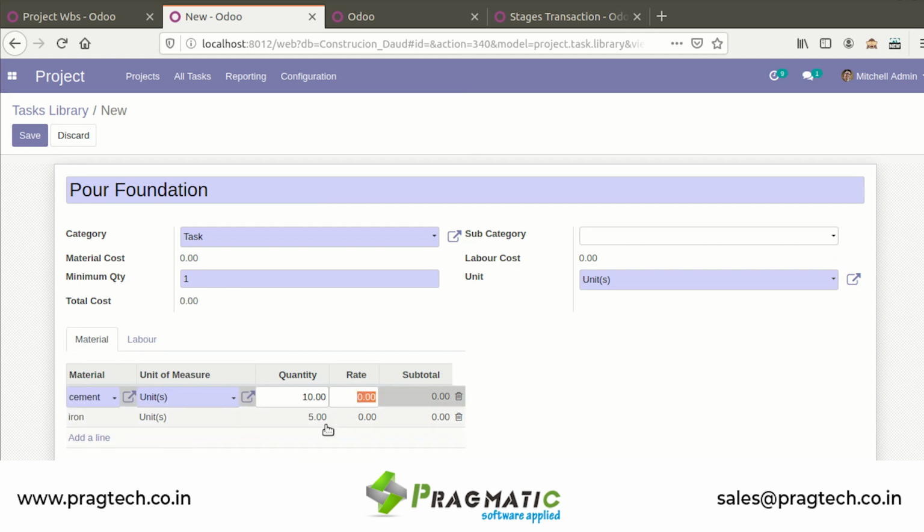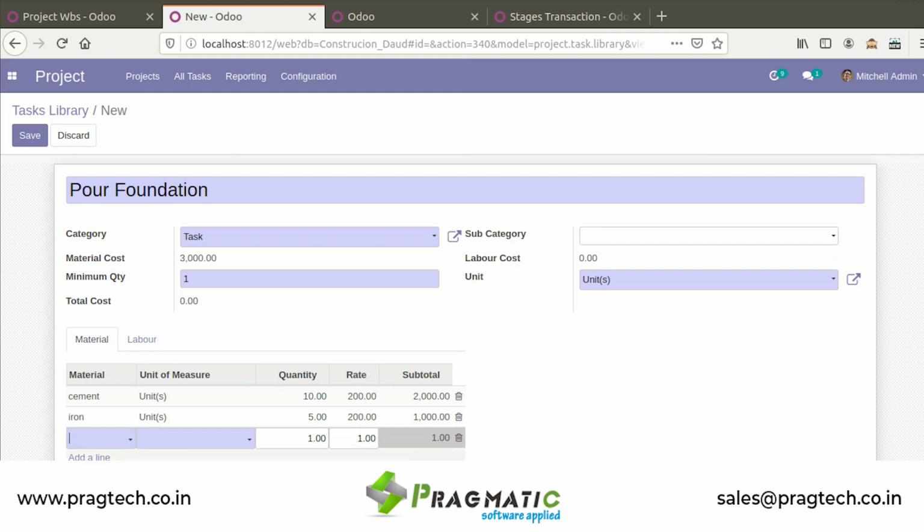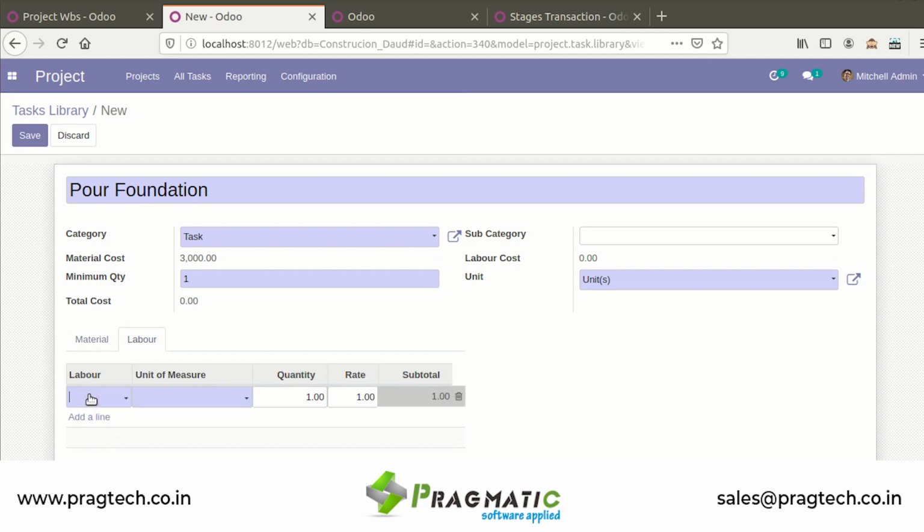I can even give the rates here. For 10 quantities I'm quoting 200 price, and for 5 quantity I'm again quoting 200. This way I have entered the material which will be required for the pour foundation for minimum quantity 1, and